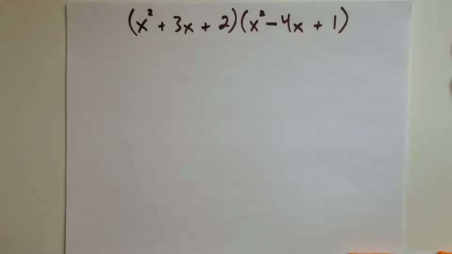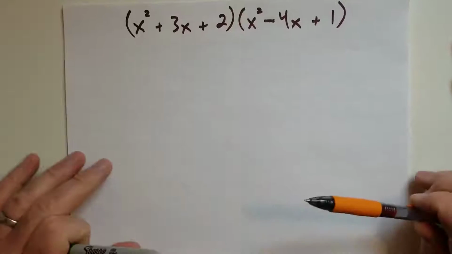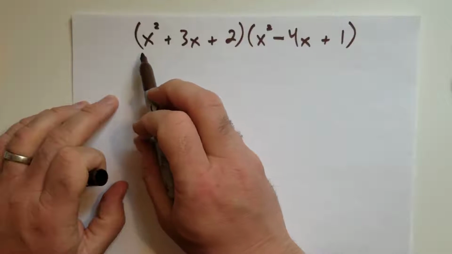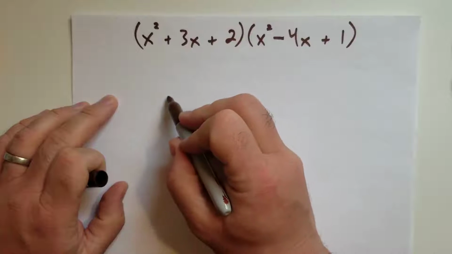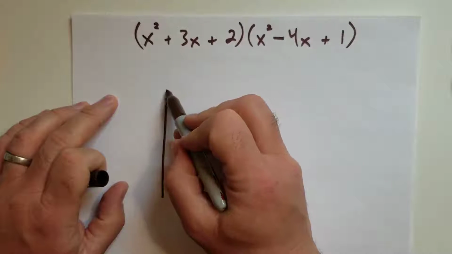Hi, so this is going to be a quick refresher of polynomial division. But before we get into that, let's take a quick look at polynomial multiplication. So what we're looking at is we want to know the product of these two polynomials, and what that means is we're looking for a rectangle